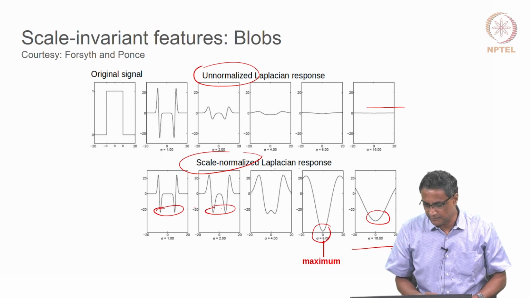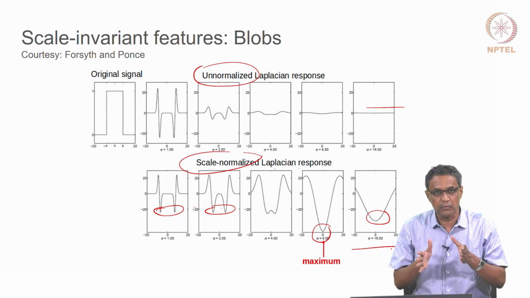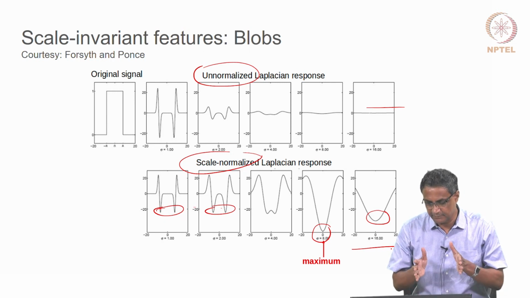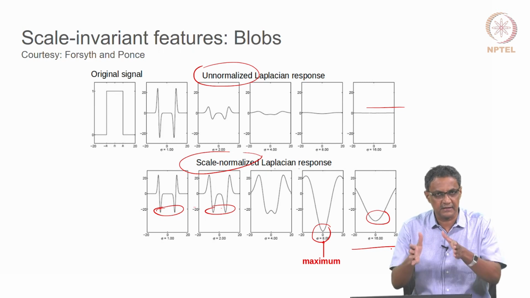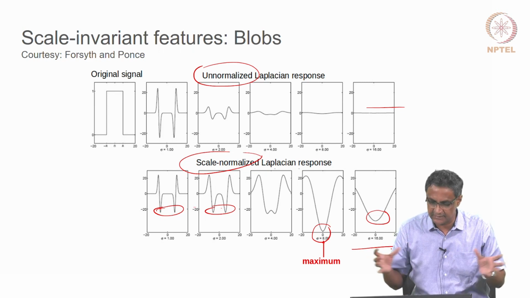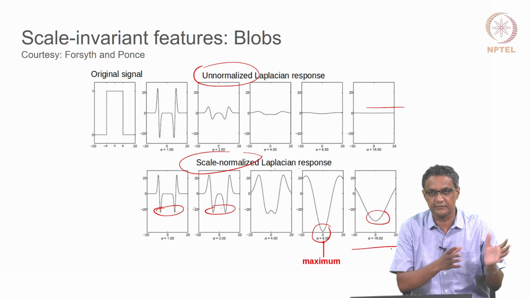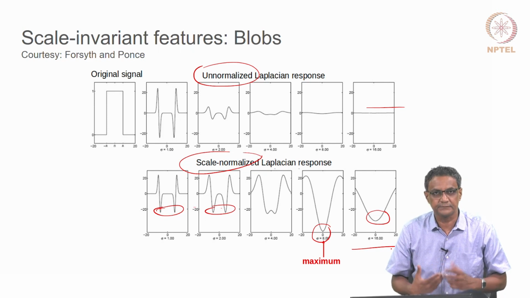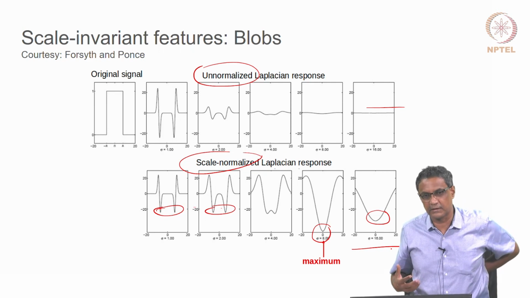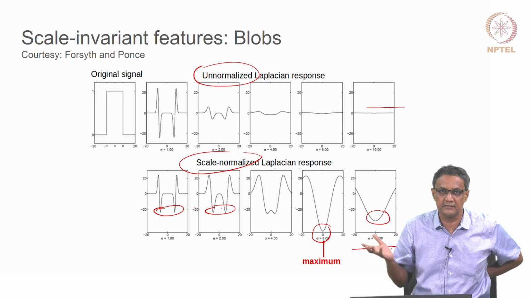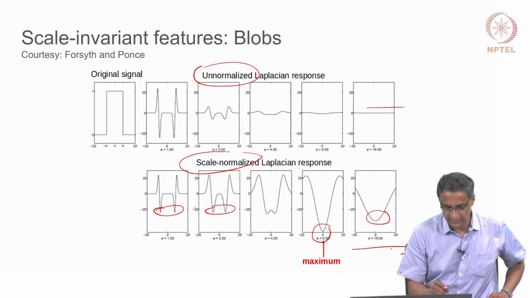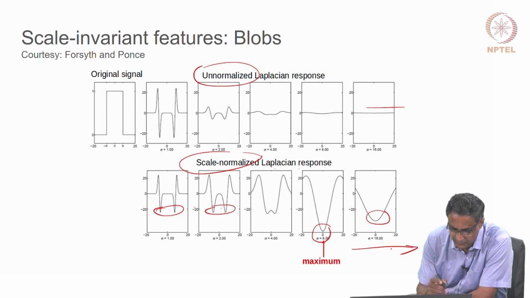For example, if you had a blob, then at some scale it snugly fits in, and at other scales it begins to drift away from the maximum. This should have something to do with the area. A response is after all simply a dot product, like an inner product between two functions. So if you think about it, if I have